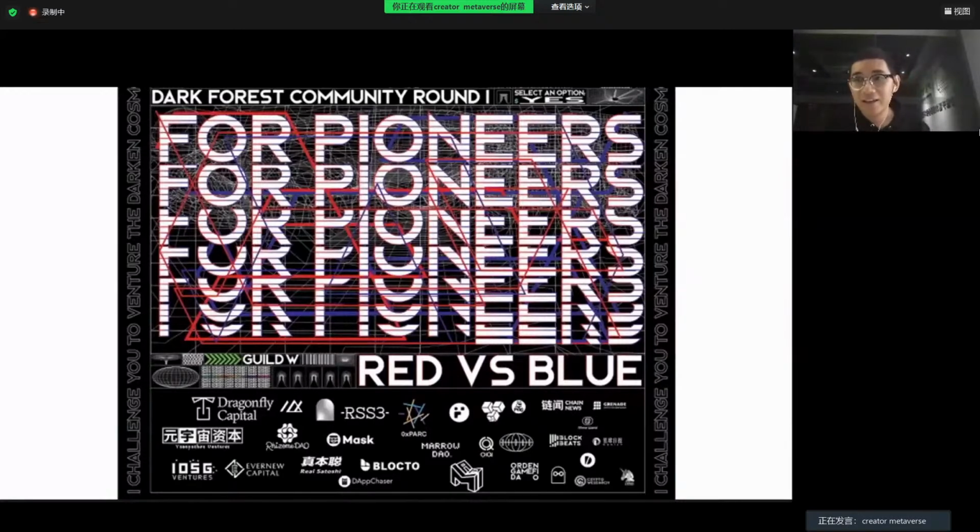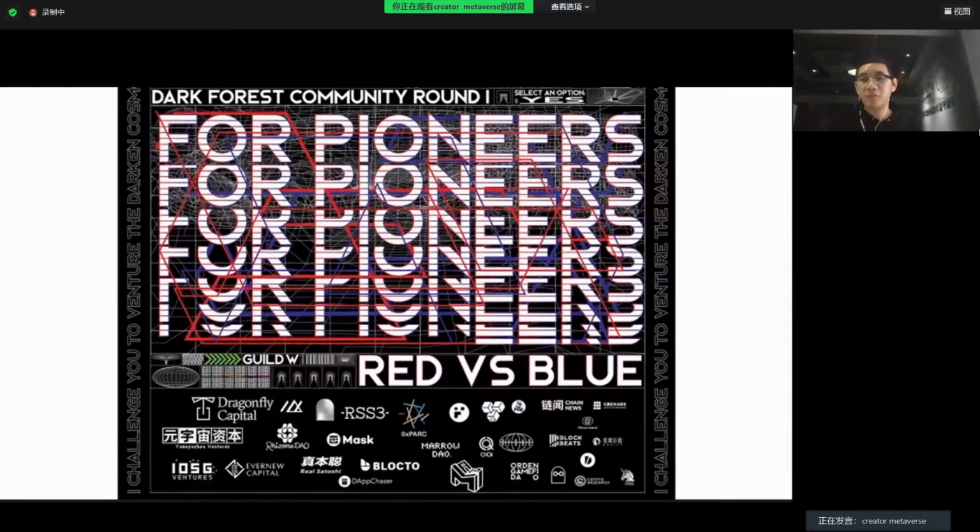Actually, today the Dark Forest community holds a community round run by Narrow DAO, and they try to start the game today. This is a new collaboration between the community and the official game designers. The community can approach things from different directions. They can have different game goals, and they can also activate the community and bring more traffic and more players into the whole ecosystem.